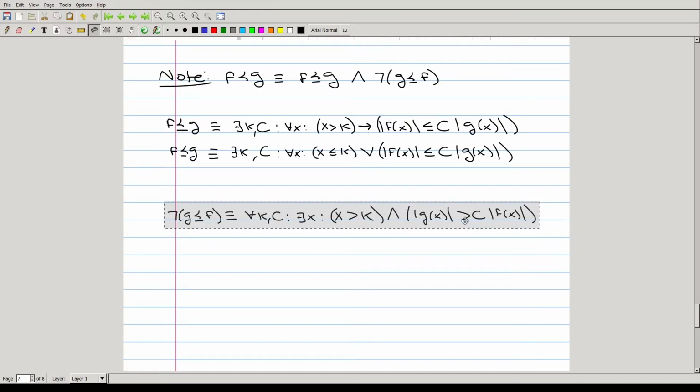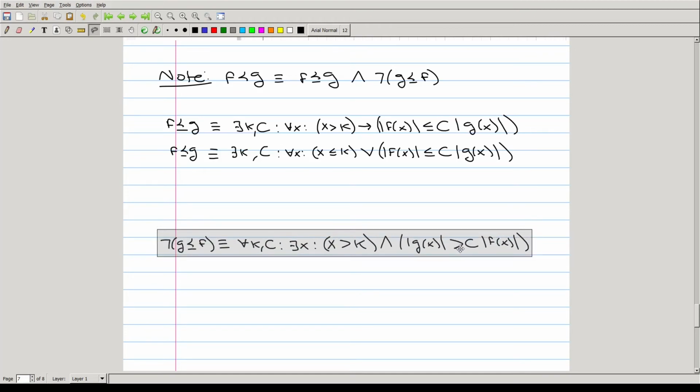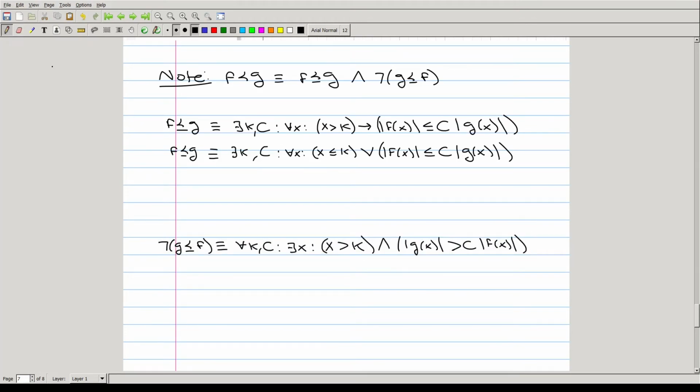And this is where our skill in manipulating predicated statements is very important,